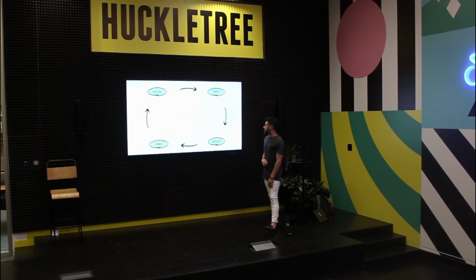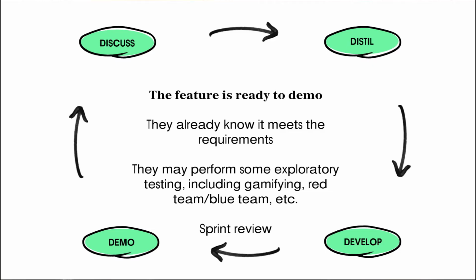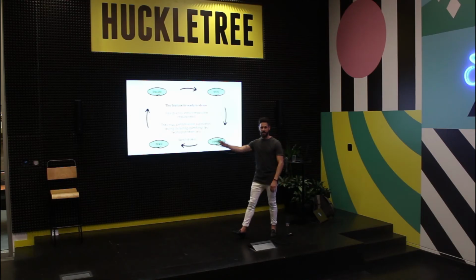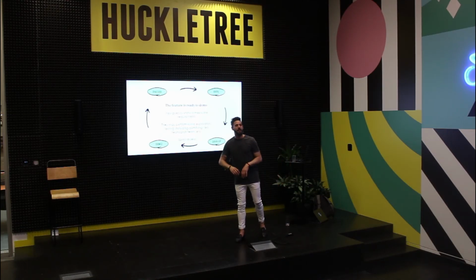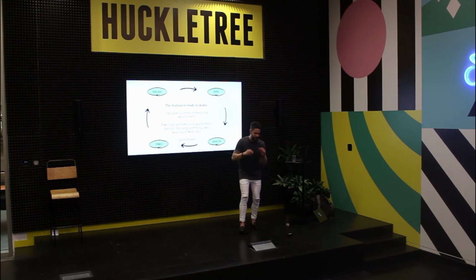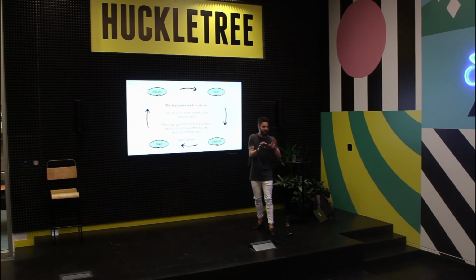And then you demo it. So it might be that at this point you already know it meets the requirements because those tests are green, and those tests are exactly the same thing that you were asked for in the same words. You might do some exploratory testing, gamifying it, handing it over to another team and going, see if you can break it. And everyone goes, all right, I'm going to start writing little scripts. I'm going to pass in 2 billion and whatever string, 2 billion character strings and whatever, because that's what engineers enjoy.